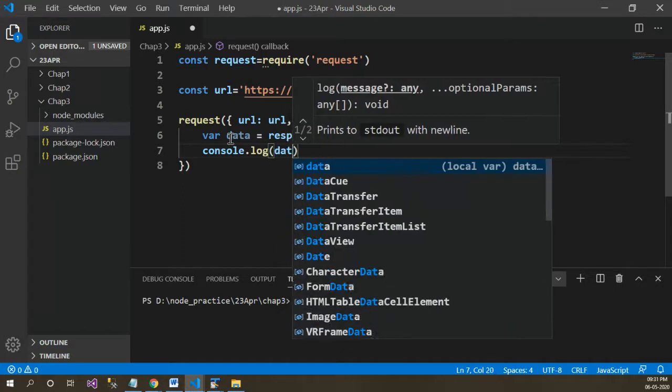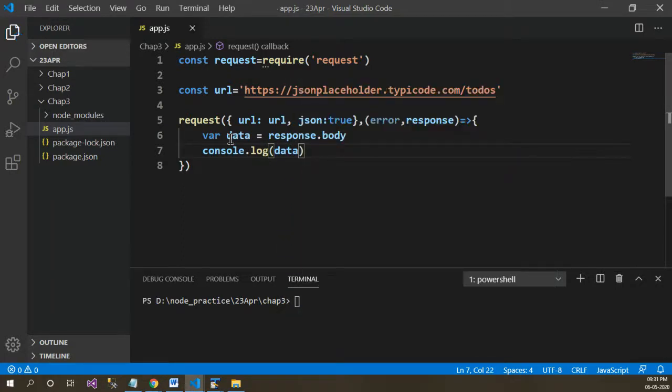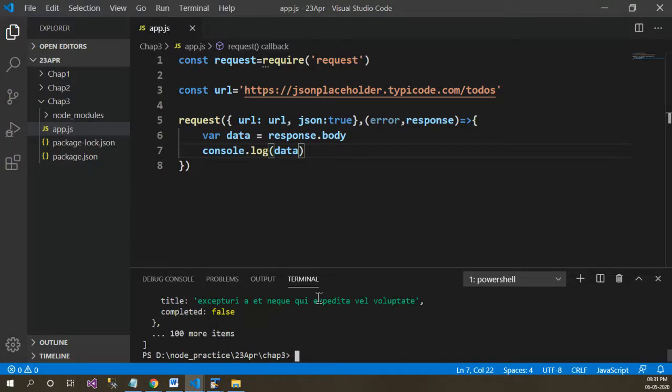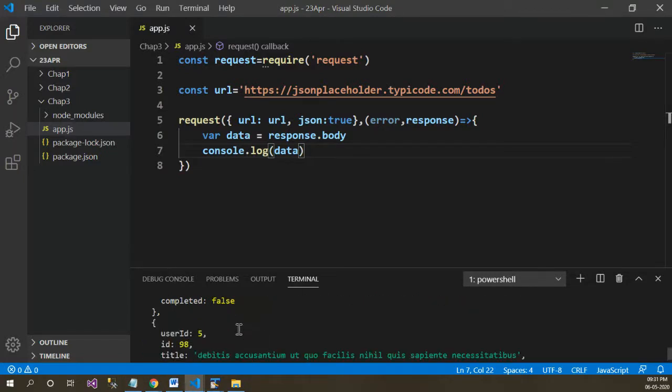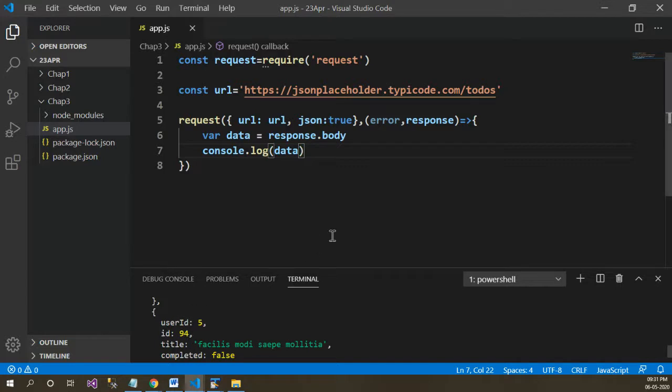Go to the terminal and run node app.js, and it will return you the complete data in the form of JSON that we have just seen in our previous session. So the response is coming to Node from that API endpoint.